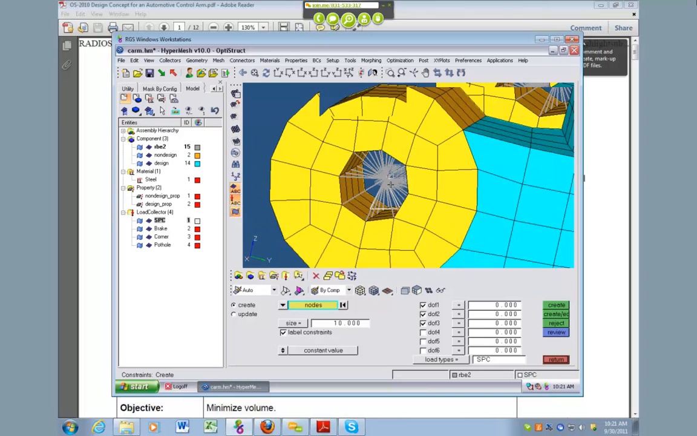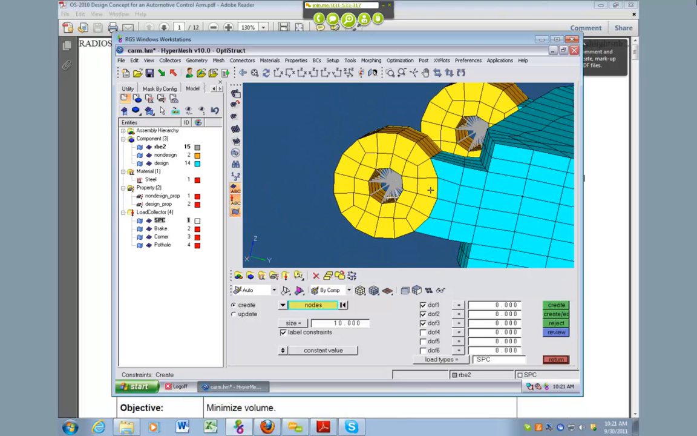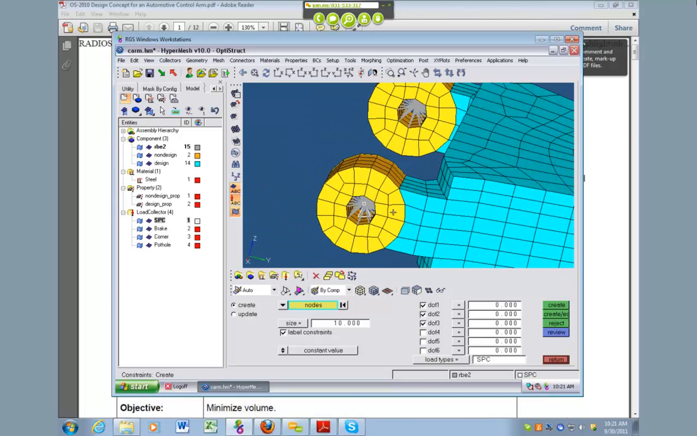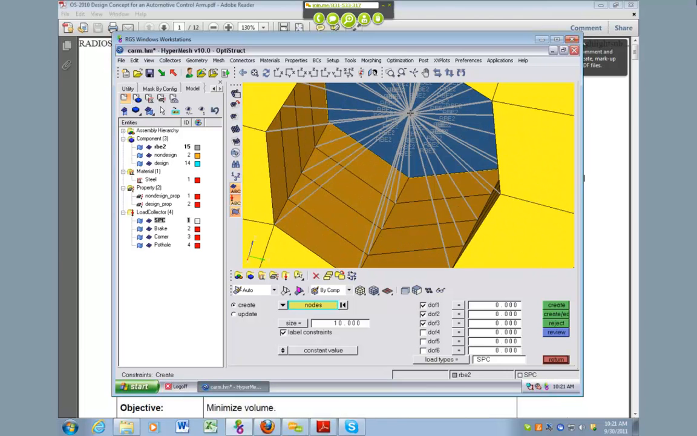So it cannot translate in any of the degrees, but it can rotate. And so we're going to make another one at this node, right there. So I just clicked on that. But we want that one to just be